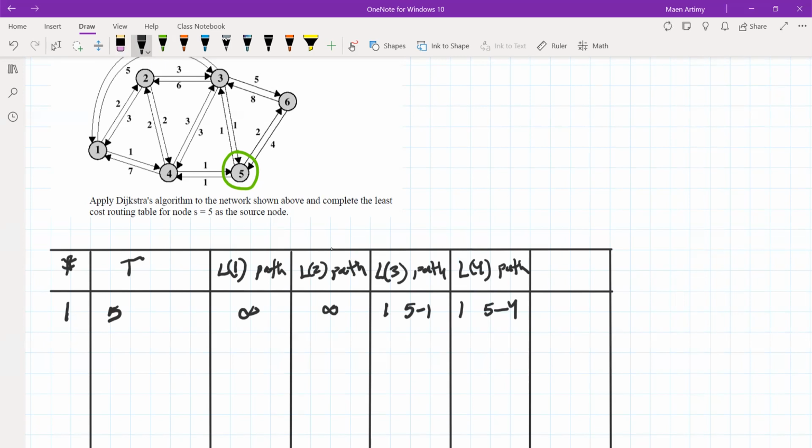Node 5, of course, it's the same, so we ignore it. Node 6, we can reach it with a distance of 2. Note the direction of the arrow, right? And the path is from 5 to 6 directly. All right. So this is the first iteration. Second iteration,